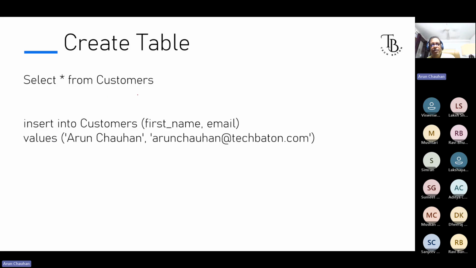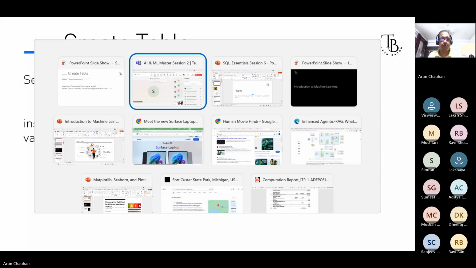Once you have created a table, you would like to see what kind of data it has, right? So maybe you want to get the data, and this is where the SQL statements come into the picture. We'll talk about how this works. Maybe, and this is the insert statement, when you're inserting some data into the tables. So what we can do, we can quickly go into